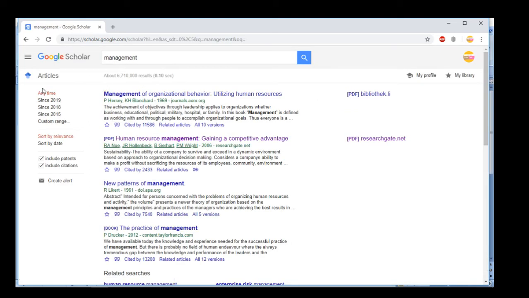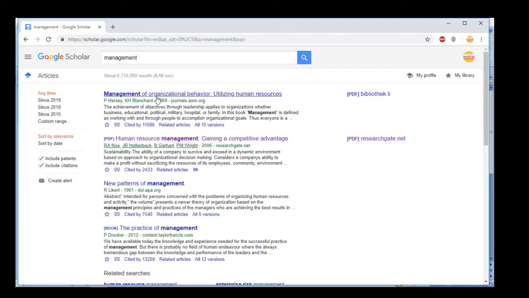Now here you can see that you can select any time period, like you can search for topics since 2015 or 2018. If you just write management or some topic, you will see that it gives you research from different years.